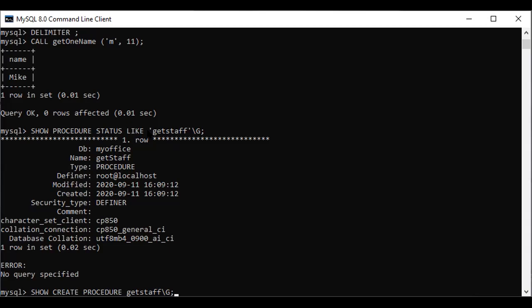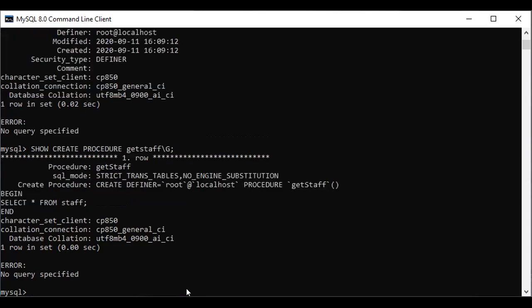This is like, which means this is the wildcard. This is no wildcard, so no need to put in quotes. Okay. So the information is here in between begin and end. Here is the logic: select all from staff. That is the logic that we wrote before. So to see the logic, we can use this syntax.